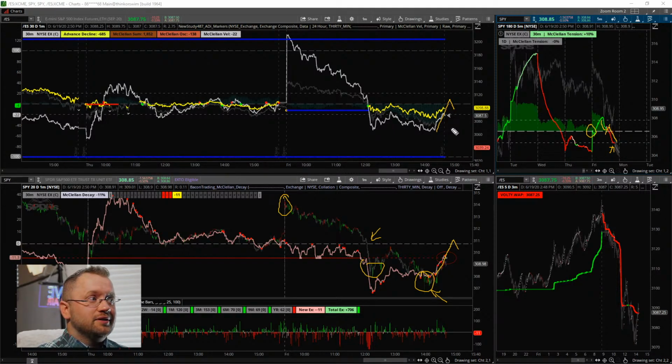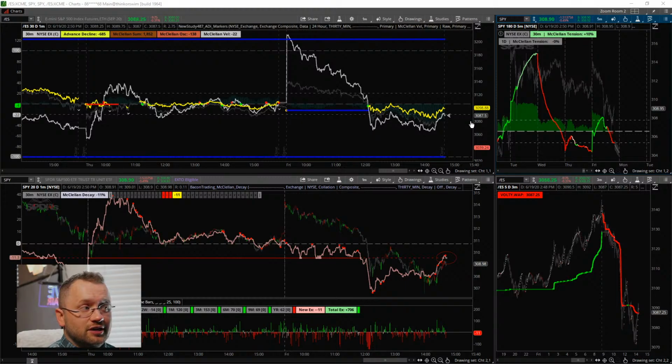Are the bears going to keep defending this? Because once again, just like yesterday, their cumulative or net result so far has been, I don't know, not amazing. I mean, look at daily tension. They barely are getting it under here. And the bullishness,